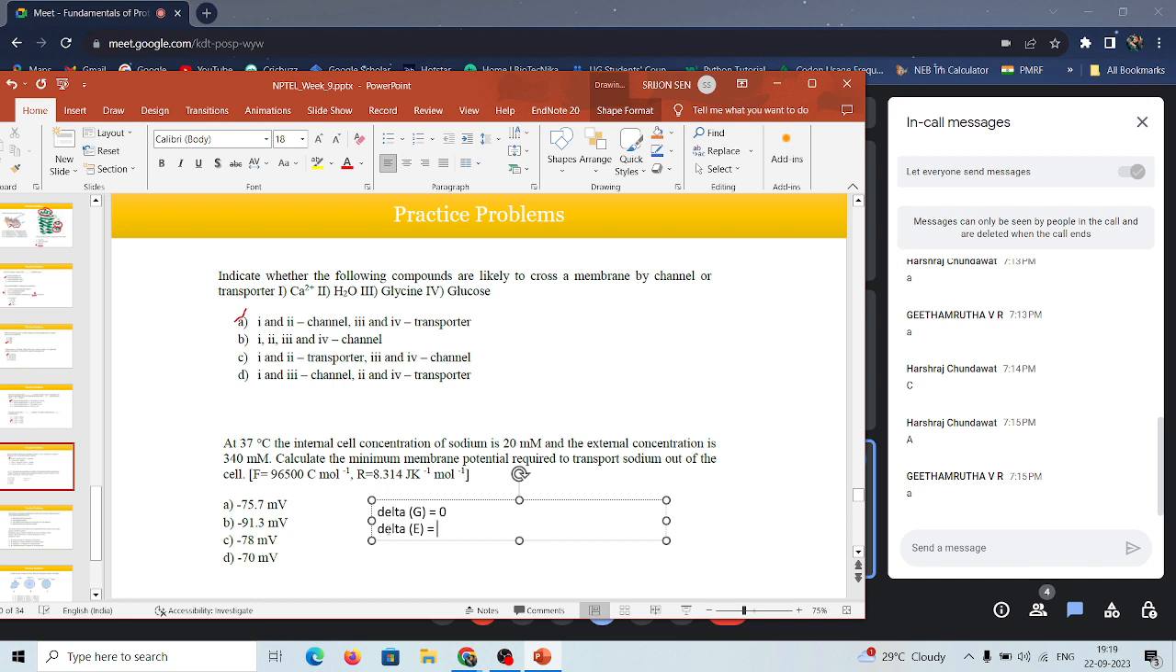So delta E equals to your... So can we apply RT upon ZF log outside and concentration upon inside as well? Yeah, that is the equation you have to actually apply. Okay, so you have minus RT, then you have ln, then you have the sodium concentration that is outside,